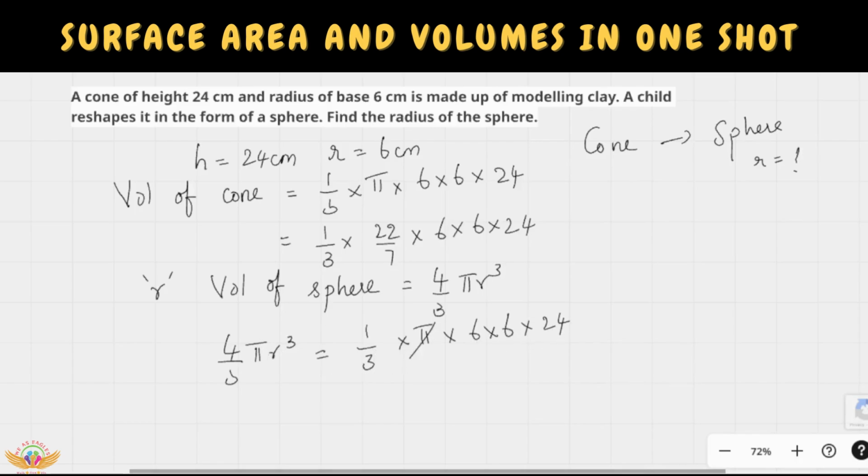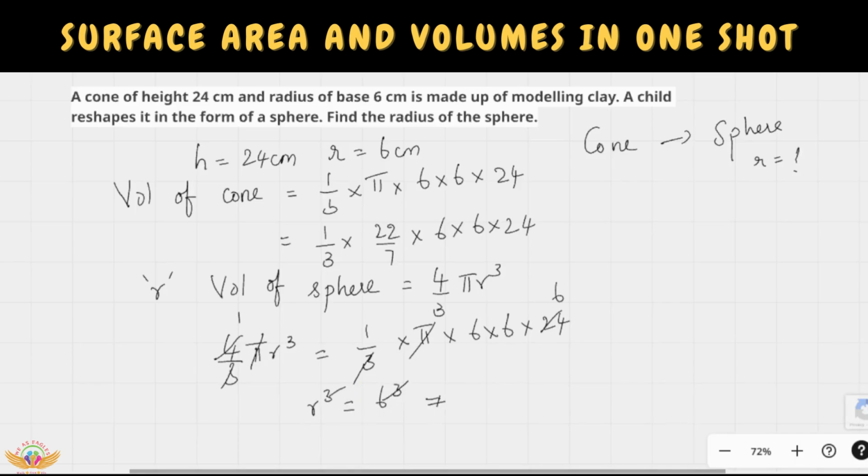Done. So pi cancels. Whenever you are going to equate two terms, don't calculate here and write the answer. Already while equating, many of the terms will get cancelled. If in the question they say it is melted or reshaped, for example, a cylinder is melted into a sphere or a cone is melted and formed into a sphere, then don't calculate here. Write down separately and equate both the volumes. Then you can cancel most of the terms. Okay, 3 cancels. Yes, 4 ones are 4 and 4 sixes are 24. See, directly we got r cubed is equal to 6 cubed.